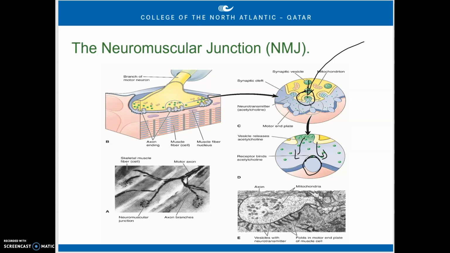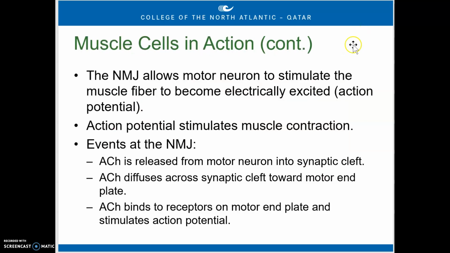So the acetylcholine will bind to the receptor, and it will cause that muscle to contract. And that's exactly how we wanted that particular physiological occurrence to happen. So the neuromuscular junction allows the motor neuron to stimulate the muscle fiber and become electrically excited. The action potential will stimulate the muscle contraction, and that's what